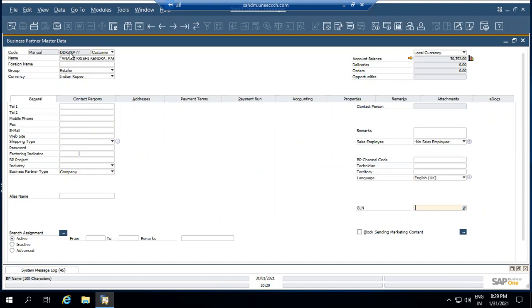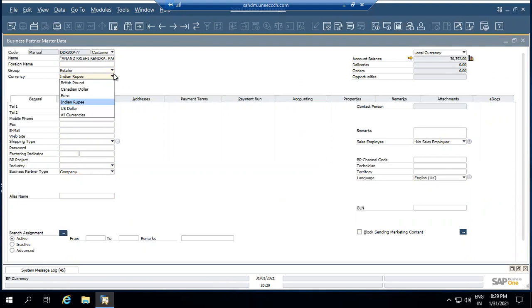It's a retailer. A unique code is already defined here, and on the right side you can see the balances also. So quick things. Name is coming here. You can define the grouping as per your business requirement. In case you are into import or export, you can also define the currencies. And when we are dealing with those customers or vendors where the currency is defined in different currencies like US dollar, the system will behave accordingly and do the transaction based on the import or export nature.